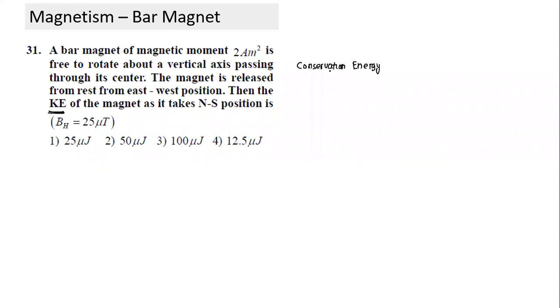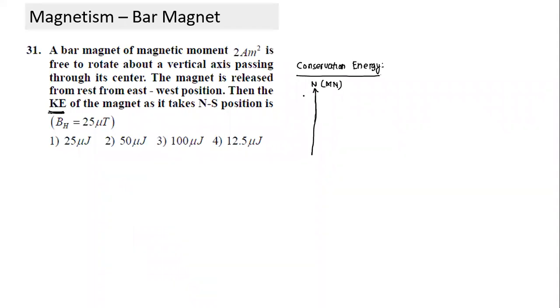So in this case, of the two states, we need to apply conservation of energy. And whenever I use conservation of energy, we have to visualize which are the two states, what forces are acting, and whether any non-conservative force does work. So let's think what is happening. Let's form the east-west position. Let's say this is the direction of north, and whenever nothing else is mentioned, you have to assume